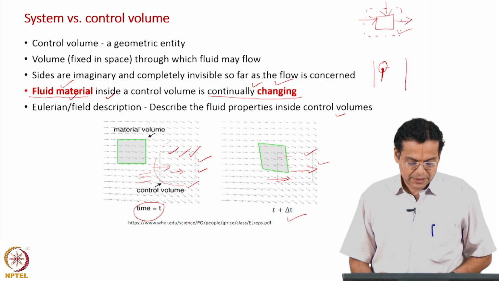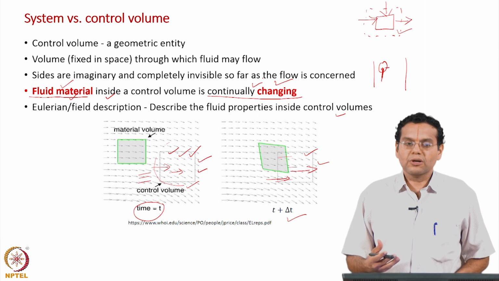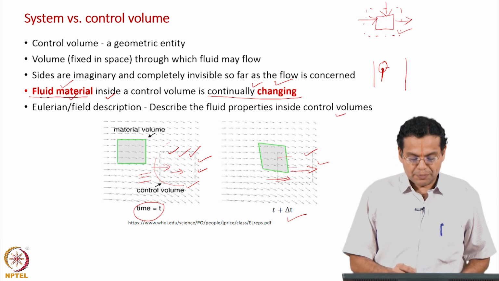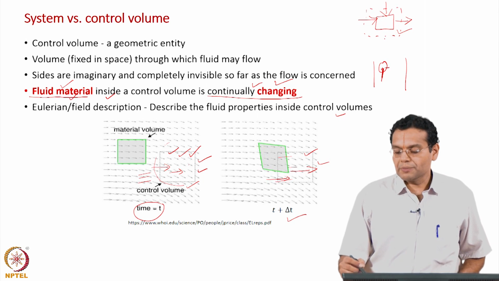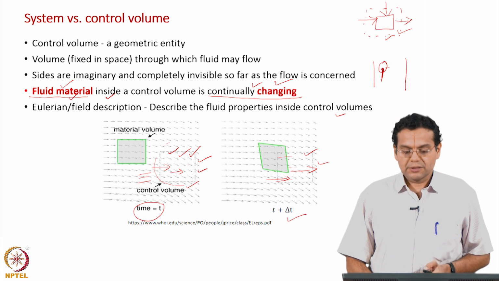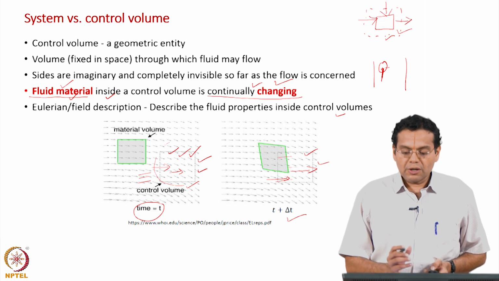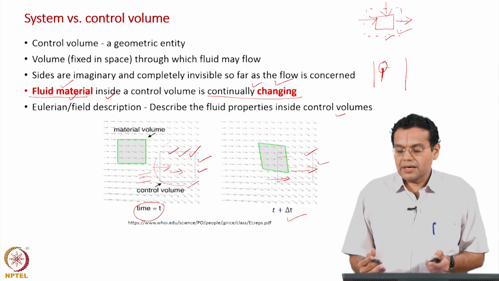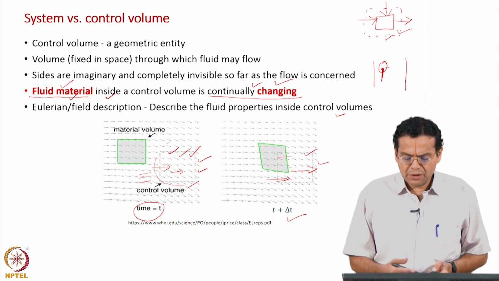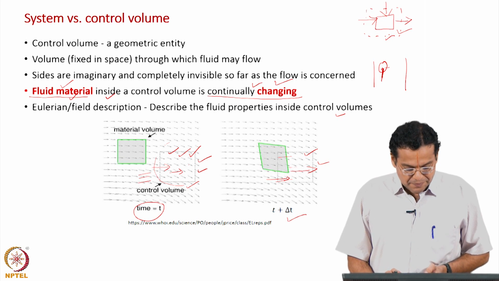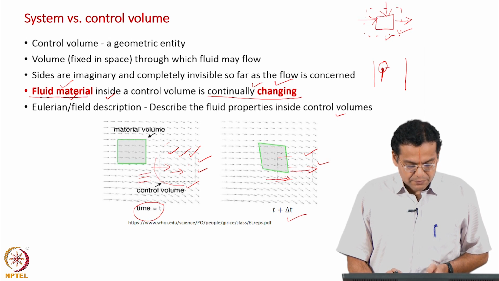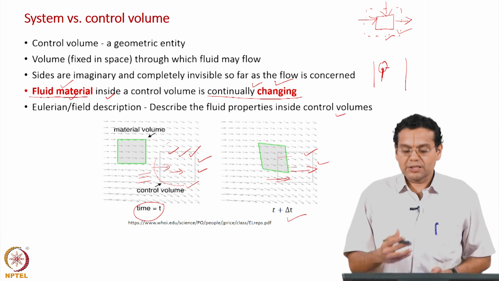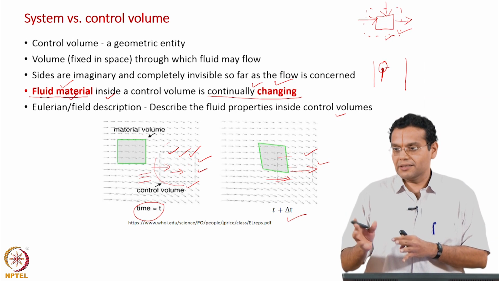That is the key definition of the control volume, and control volume is drawn for our convenience. It could be drawn in a region like this, it could be drawn over an entire equipment like this. Wherever we want to describe the conservation, a region over which we want to describe the conservation, we draw a boundary. And of course, now it should be clear what a geometric entity is, to distinguish it from a material entity, which is the material volume. That is why we distinguish: that is a material volume, this is a geometric entity.